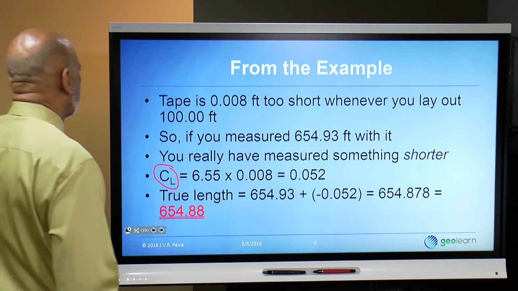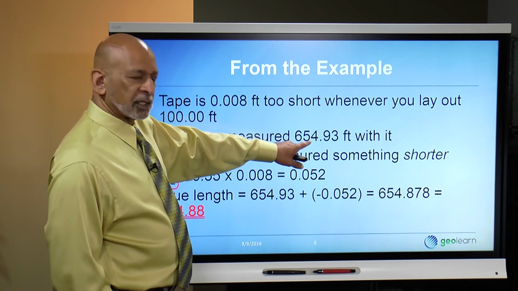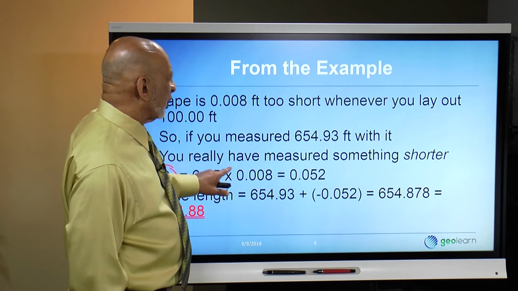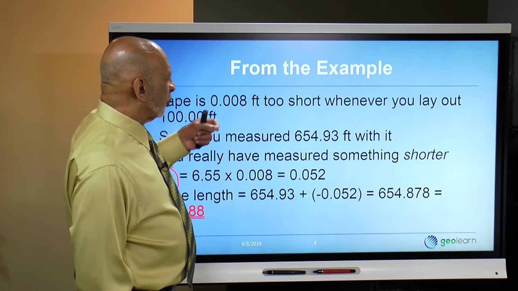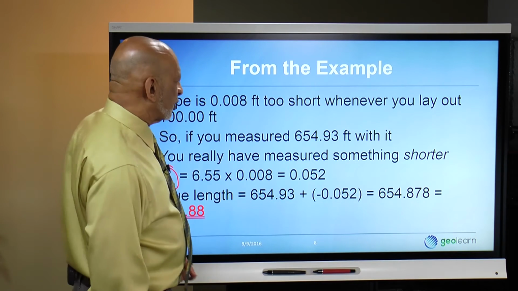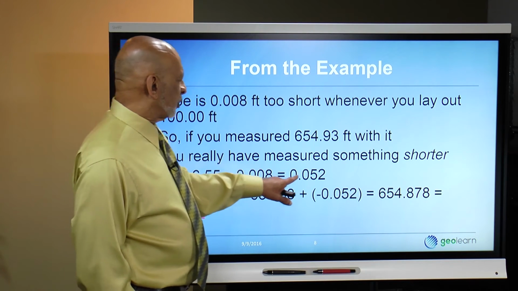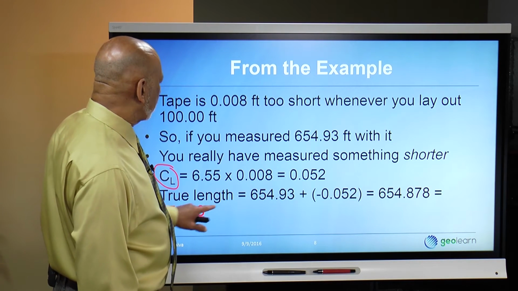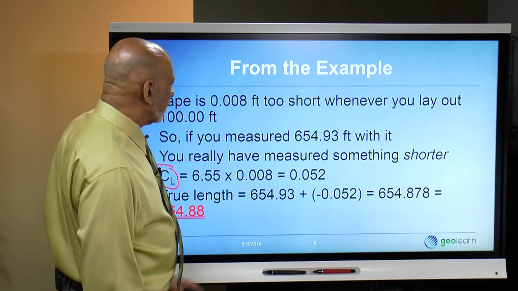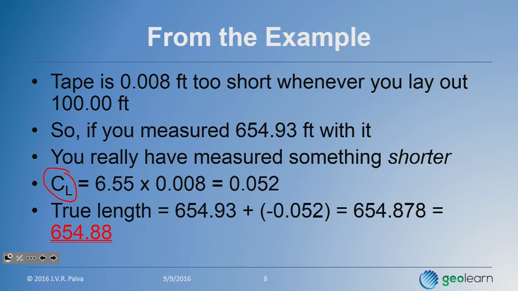So we say because we measured 654.93 in terms of tape lengths, that would be 6.55. Now it's really 6.5493, but one of the things you'll soon discover is that you don't need to have all those digits. You can round this to 6.55 and it'll be good enough. Times the 0.008 gives you a total error in this measurement of 0.052. So you see the true length of this measurement is 654.93 plus, remember the correction is always added, but this correction happens to be a negative correction, so plus a negative 0.052, which gives you